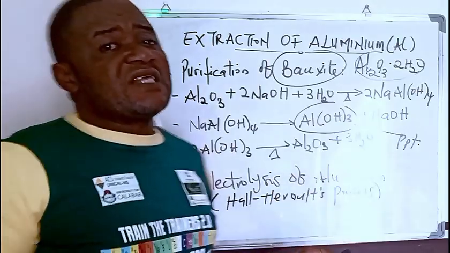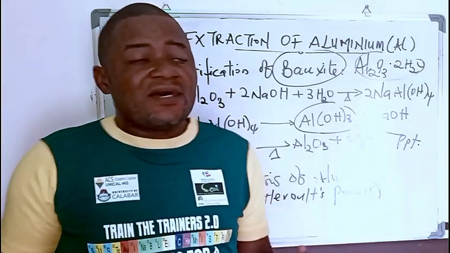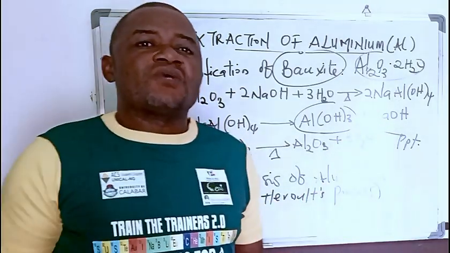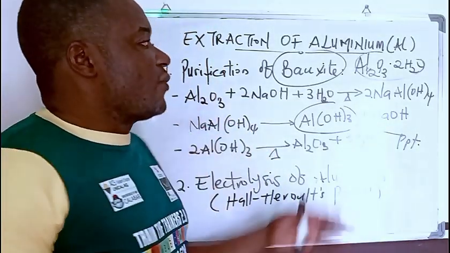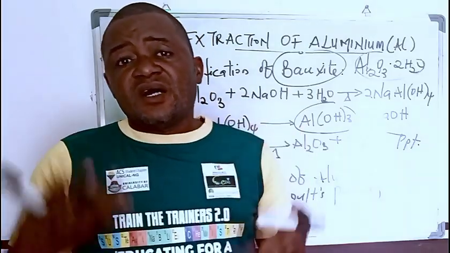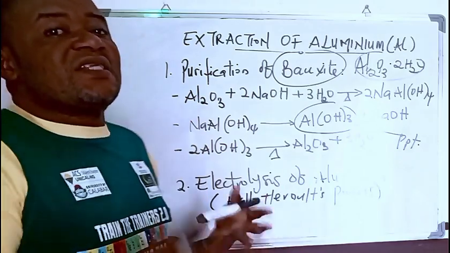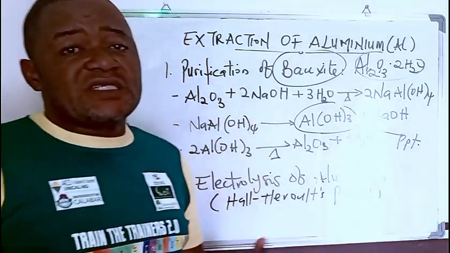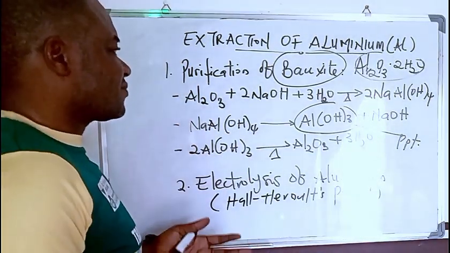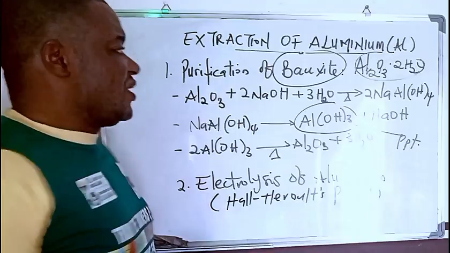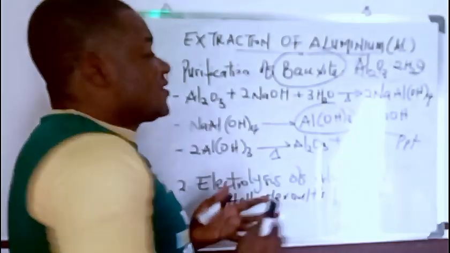Now, to remove those impurities isn't a problem. Remember that the impurities are quite lighter than the sodium aluminate itself. So you can simply sieve and filter off the impurities from the sodium aluminate, which is of course a solution. Now, the sodium aluminate that you have obtained after the sieving and filtration is going to be seeded in a way,